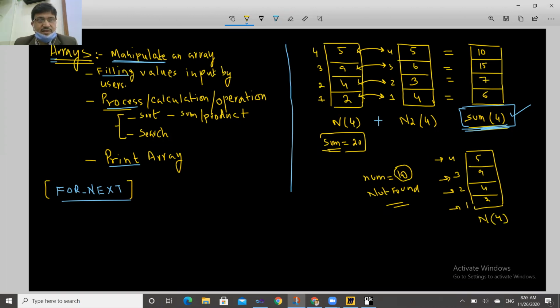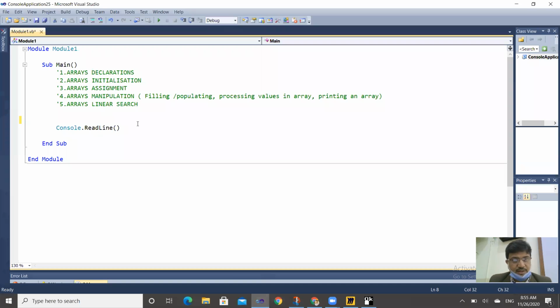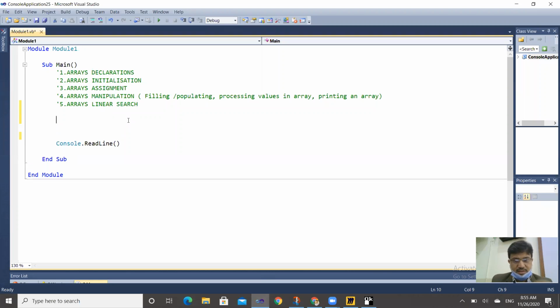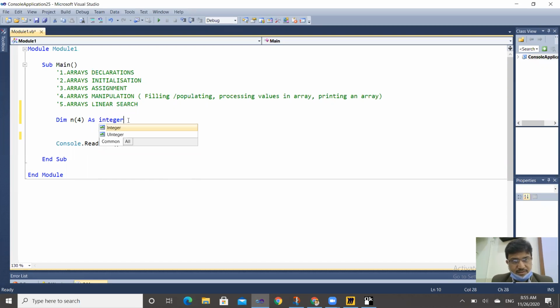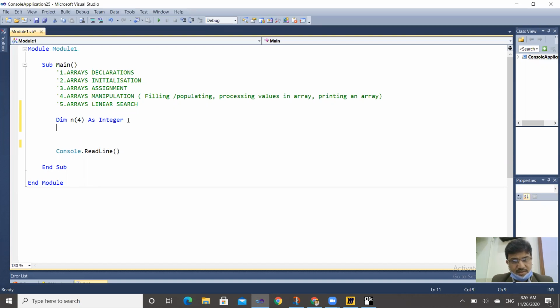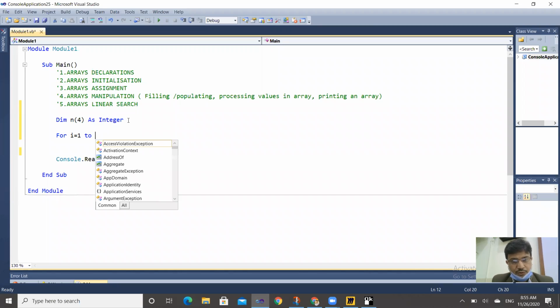Okay. And whenever there is any such condition where we know how many times we repeat, we do it with the help of For Next. So I will just give you one example. Now you can see in the program here, let's say Dim n4 as Integer. Now what we will do in this, if we have to initialize, is For I equal to 1 to 4,